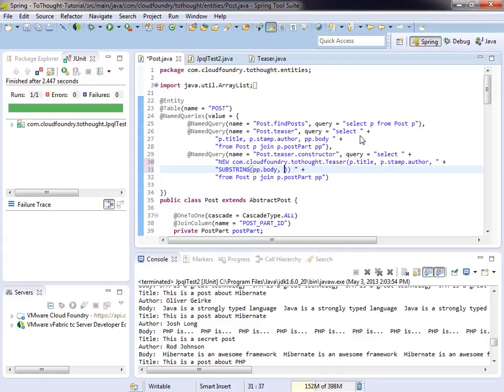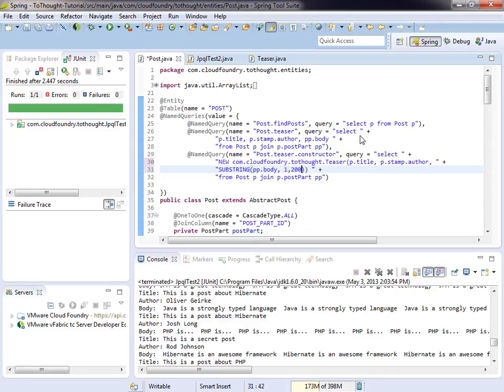We just need to surround the field that we would like to substring and provide it with first the position to start in. One thing that's very important, this is not zero index. So if you want to start at the first position, you put in 1, not 0. And then we give it a length. So I'm going to take the first 200 characters, and instead of returning the full body, we'll just return a